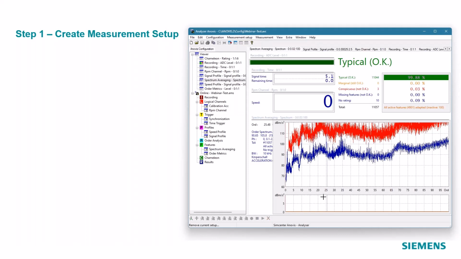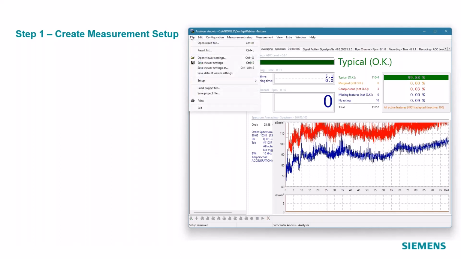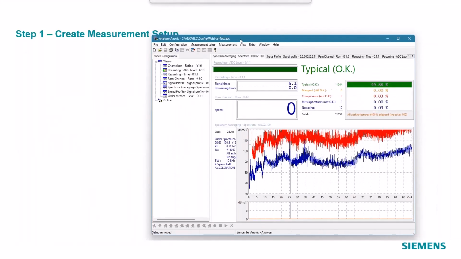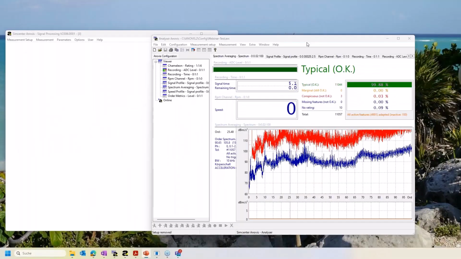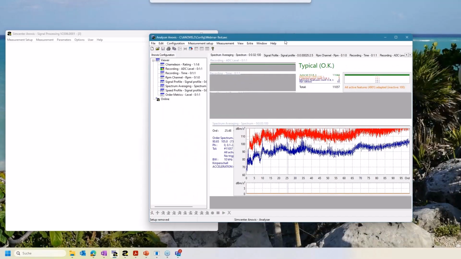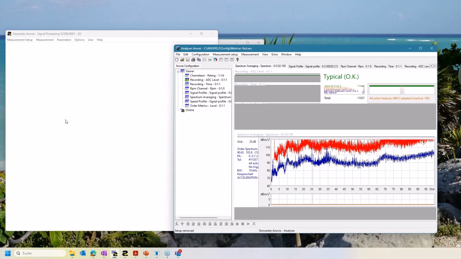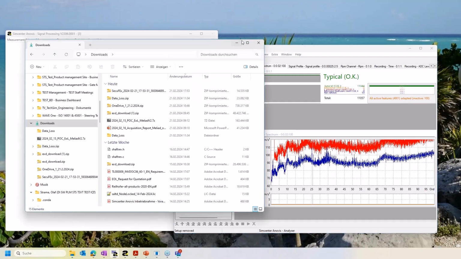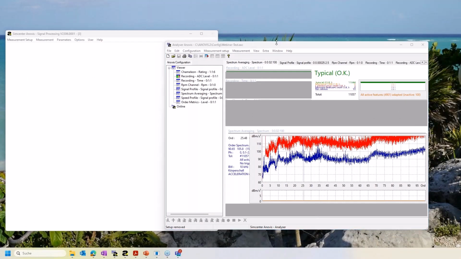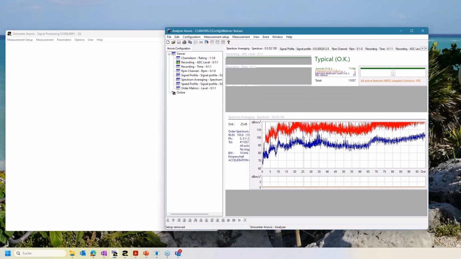I close the setup here. And that's not a movie running in your PowerPoint. That's the actual software you're working with. Oh, okay. That's right. This is my PowerPoint, with a nice background from my last holiday in Mexico, and my system is running here. So that's really live what you see here. It's not a video.